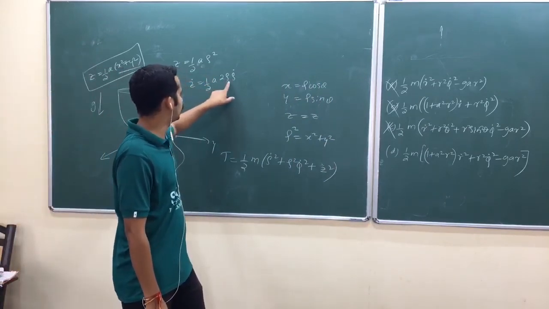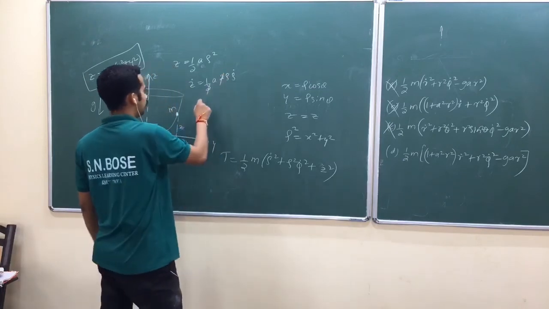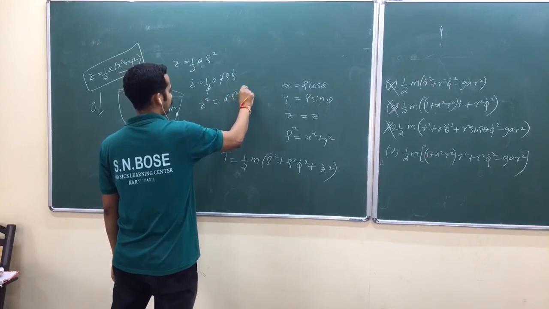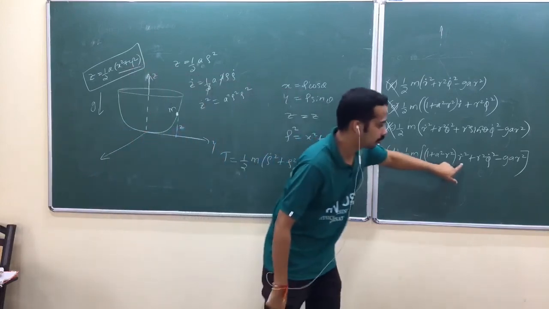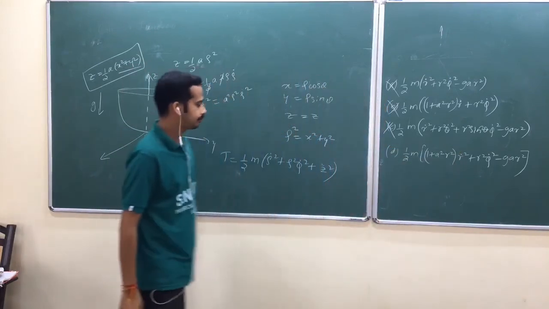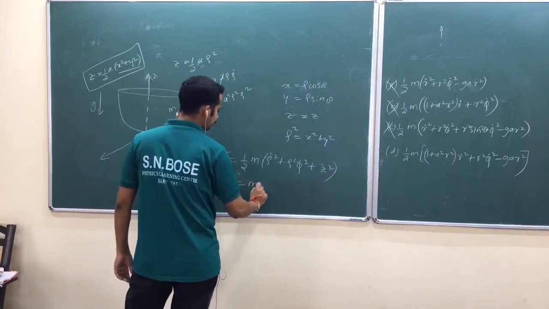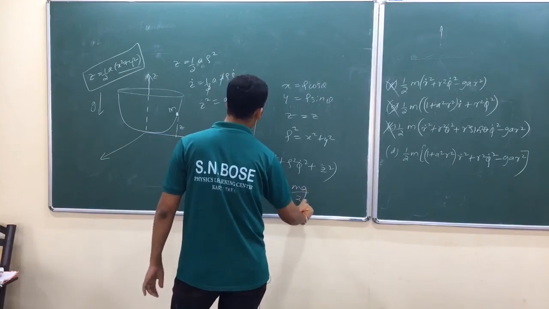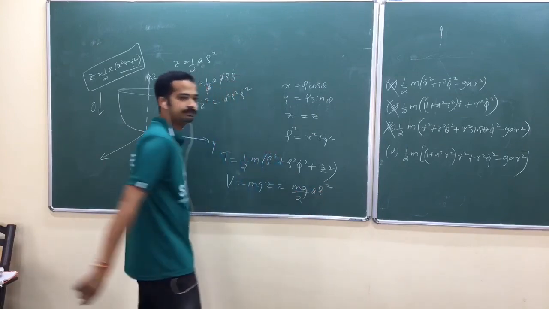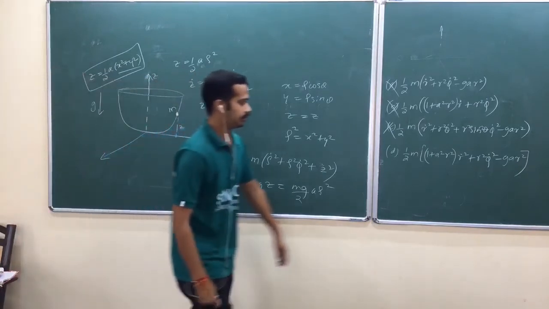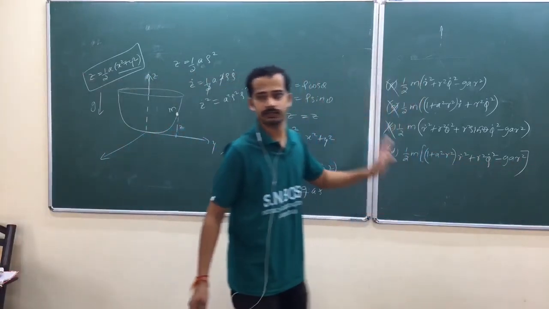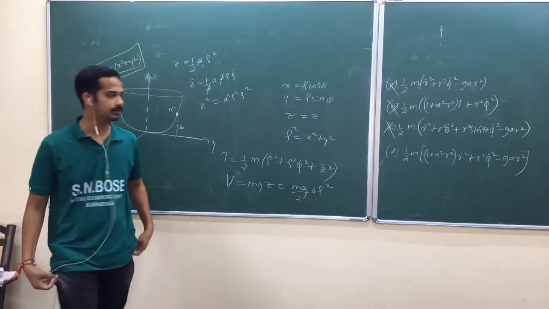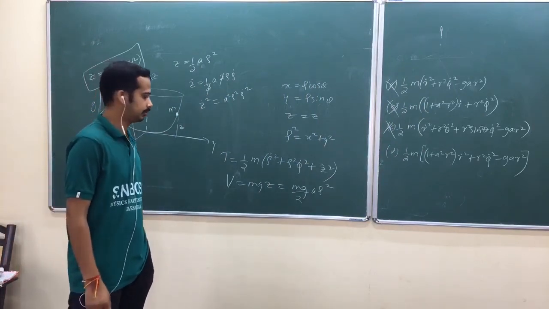Z dot square, you get rho dot square, look at here. So z dot square will be a square rho square rho dot square. Am I right? And if you take that rho dot square outside, you will get this factor. And potential energy is equal to mg into z. What is z again? Mg half a rho square. Again, he has written that one in terms of r, small r. But usually while defining the question, they have to mention what is that parameter.